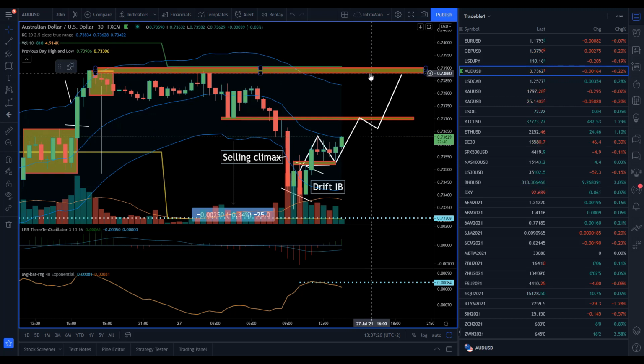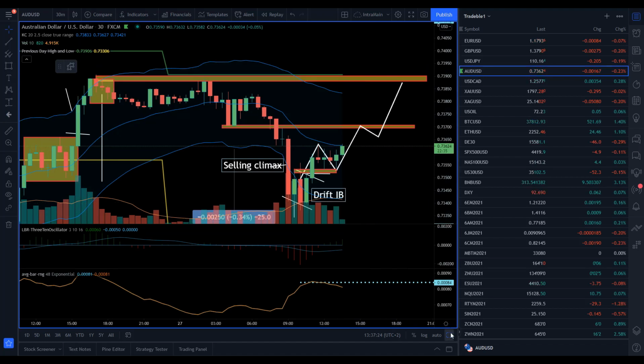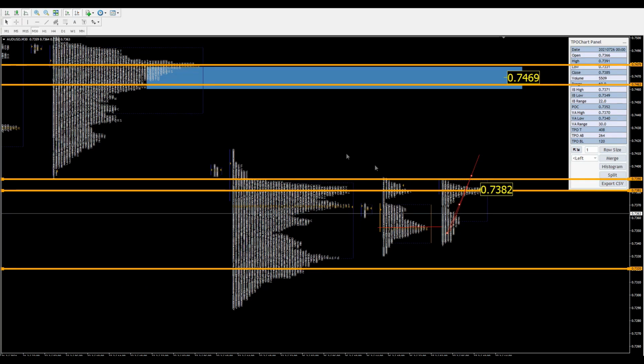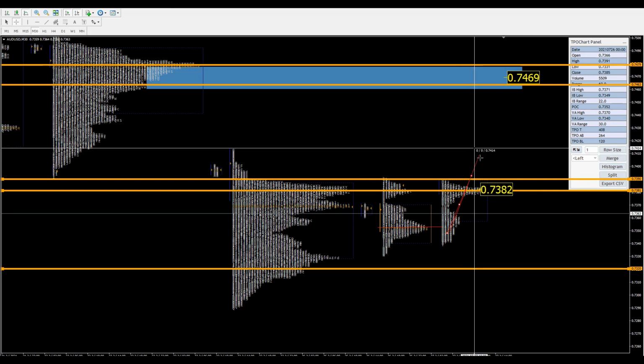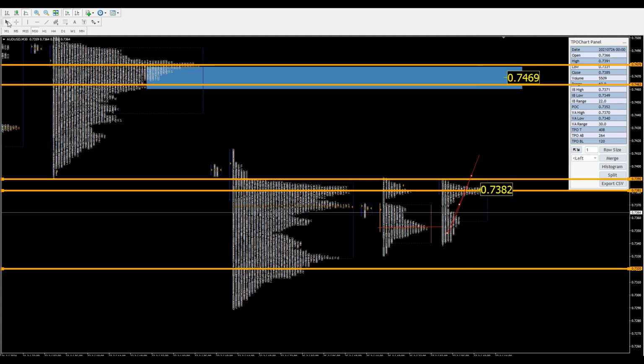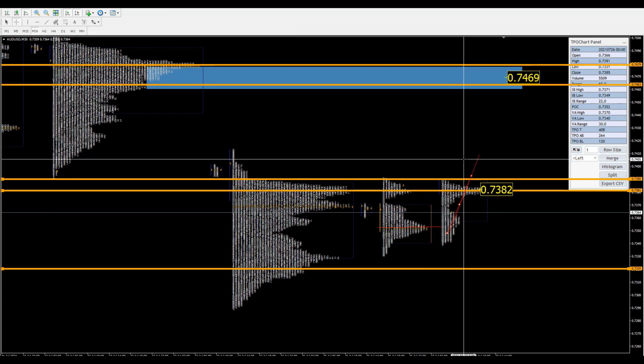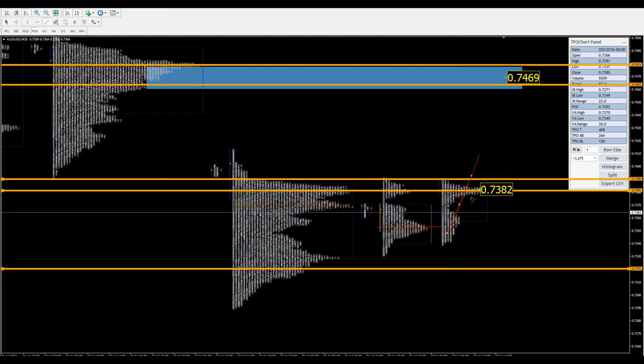I expect the price to test at least the previous day high at 0.7390, and eventually, I will use my profile chart to show you, to hit the previous week high at 0.7415. So plenty of potential for 20 up to 40 pips,